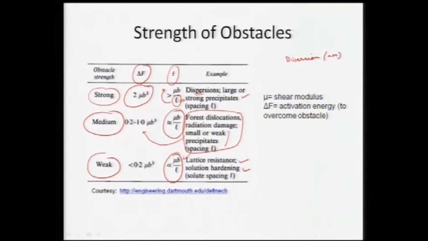on the order of a couple of nanometers. Also, how well they are spread apart. If they are very near to each other, it means L is very small. So, the shearing force required for their movement is also very high, and in turn the activation energy, which is also dependent, will be very high, and we can get very high obstacle strength because of those precipitates or dispersions. This is very critical once we have nano phases, nano precipitates or nano obstacles, very hard obstacles, which reduce the grain boundary movement or even the grain coarsening.